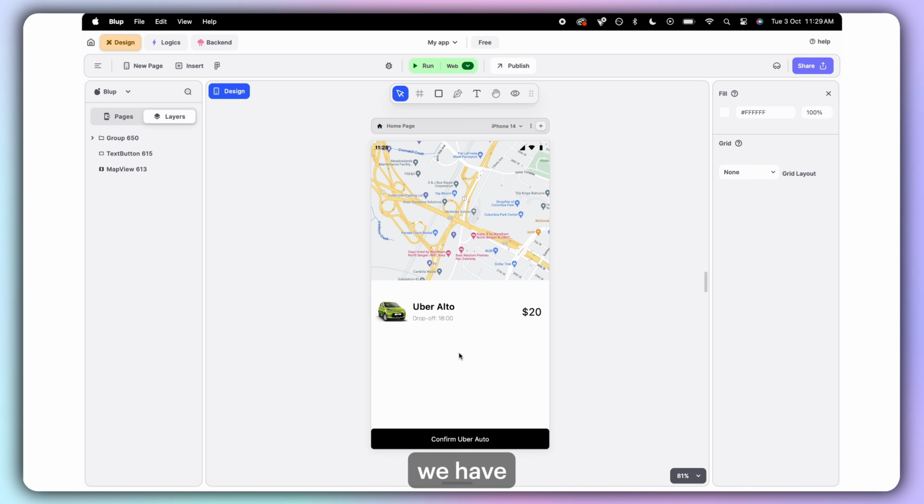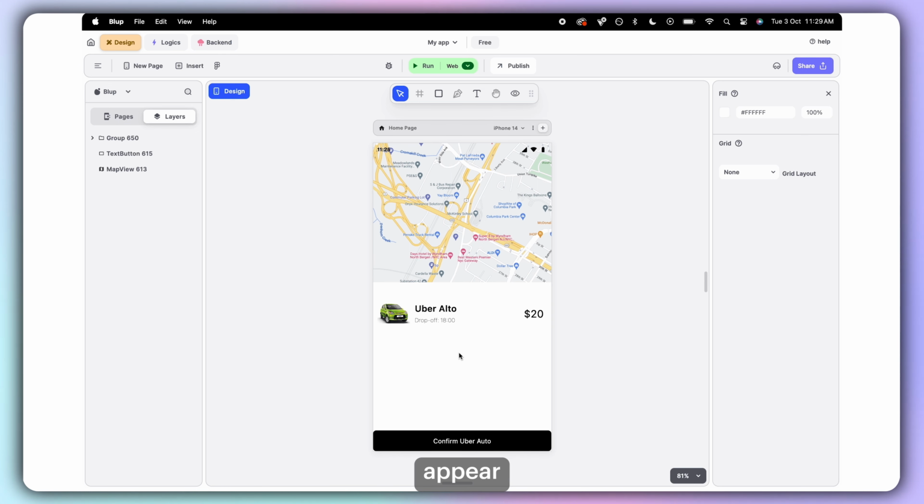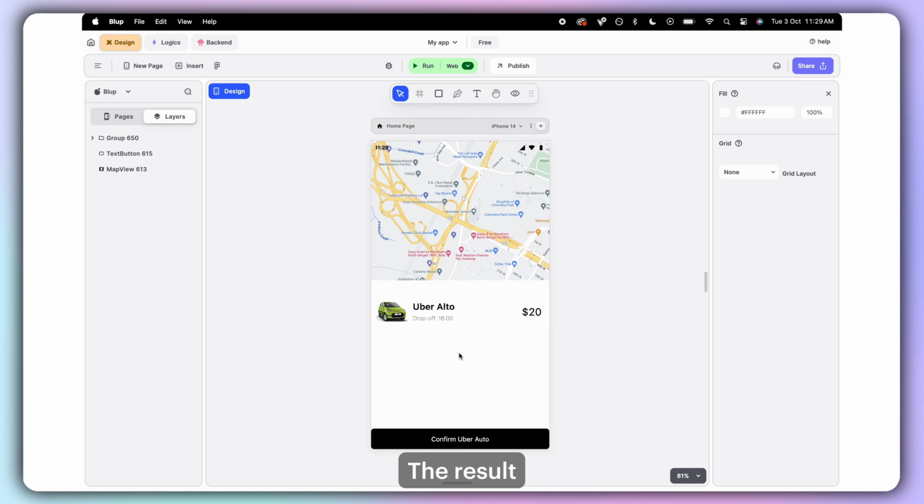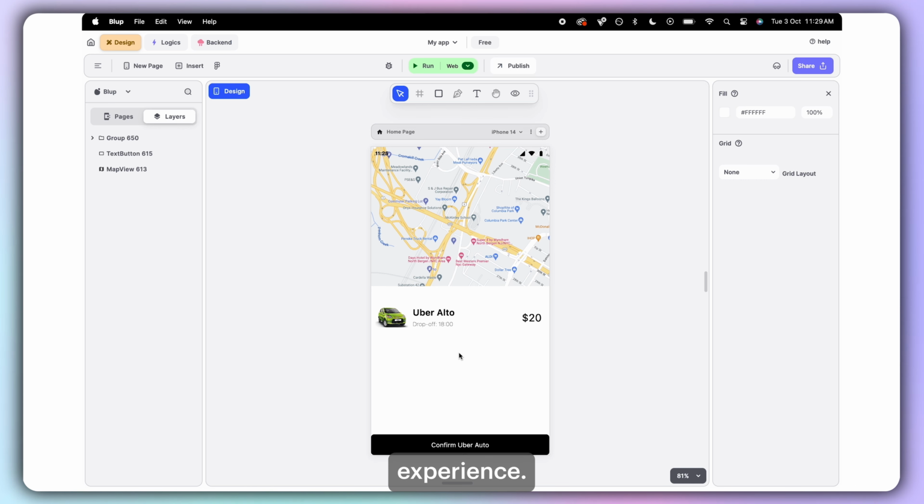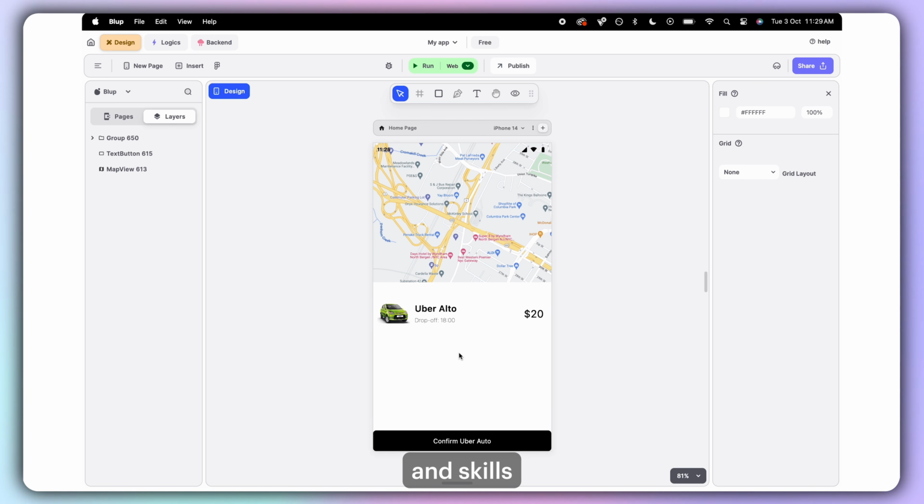And with that, we have completed our journey through Smart Layout in Blup. To sum it up, the Smart Layout tool offers a real-time preview of your design, allowing you to visualize how it will appear on various devices. The invaluable feature is complemented by an intuitive interface, making it a breeze for designers to grasp and utilize these tools effectively. The result? A smoother design process and an enhanced user experience. You now have the knowledge and skills to wield this